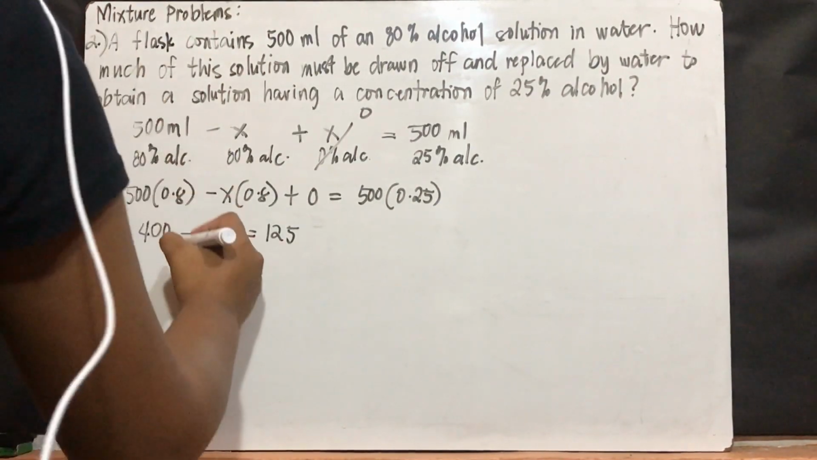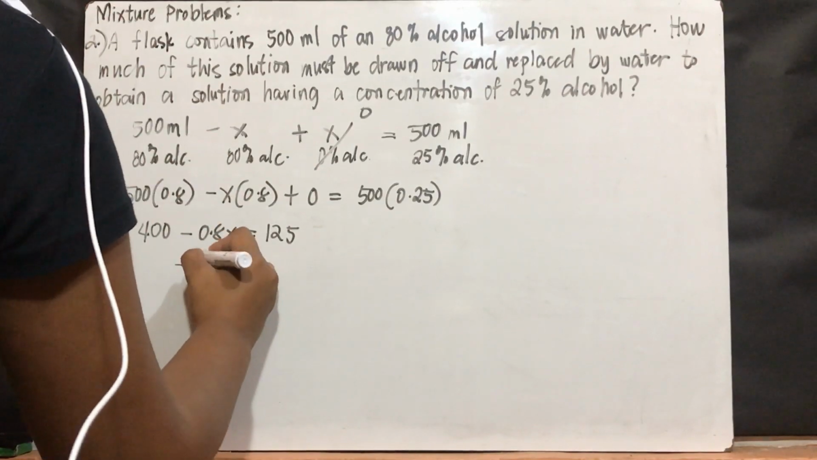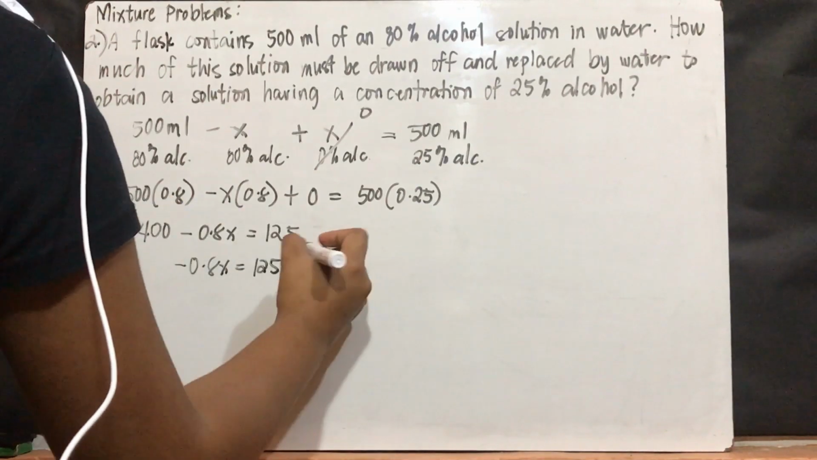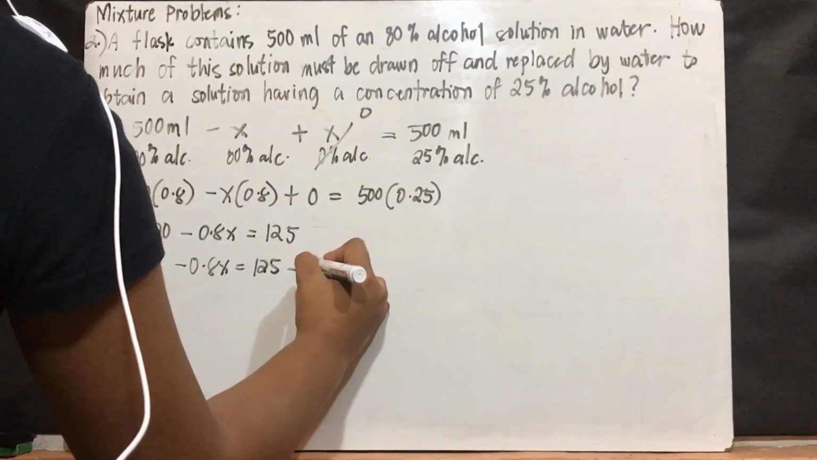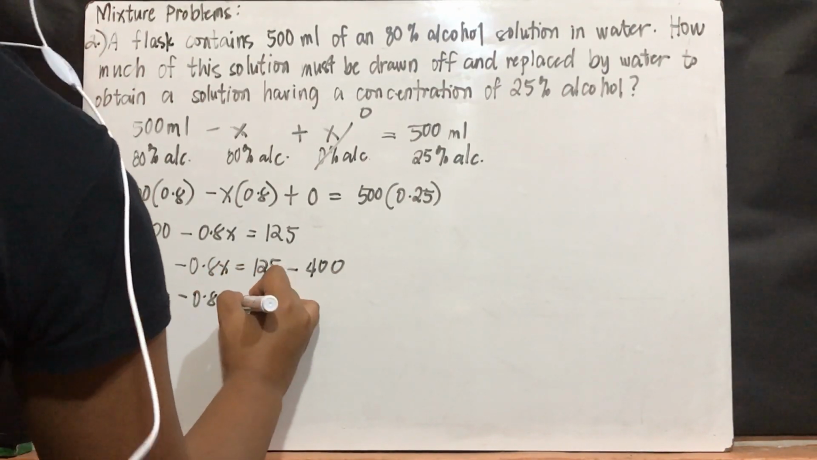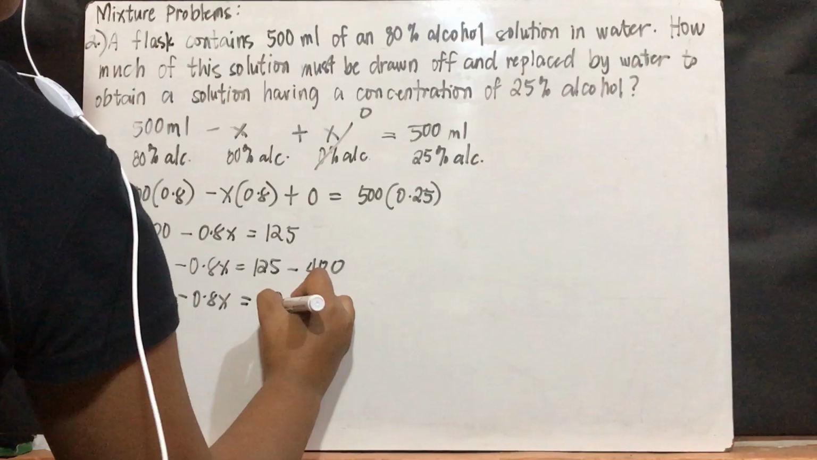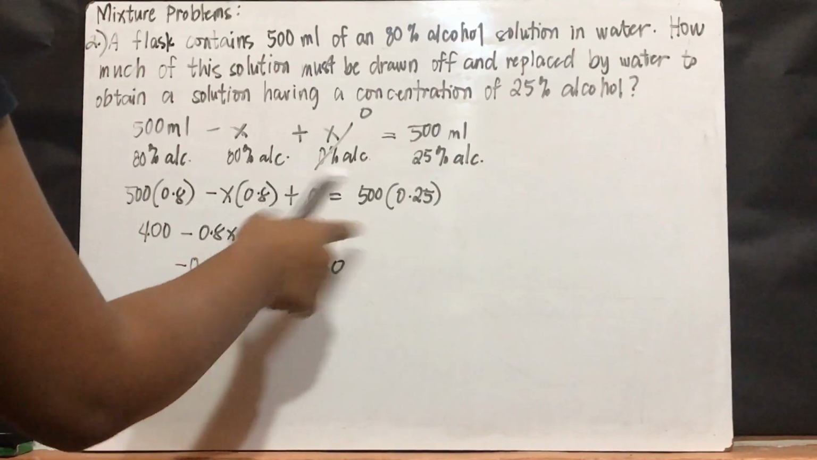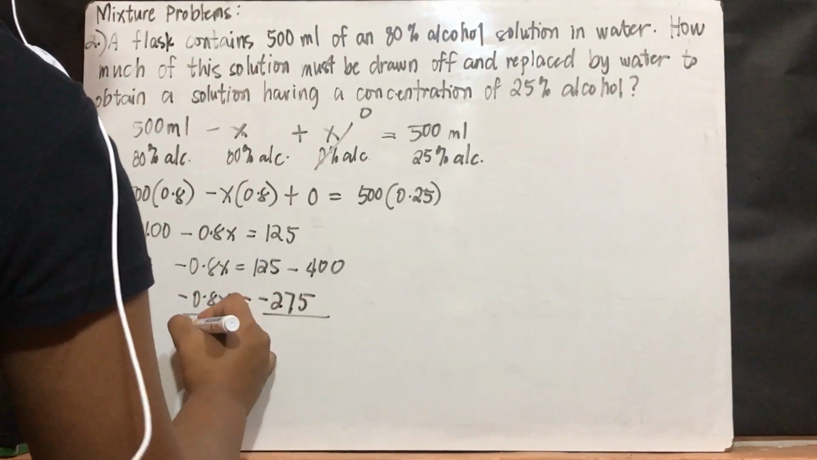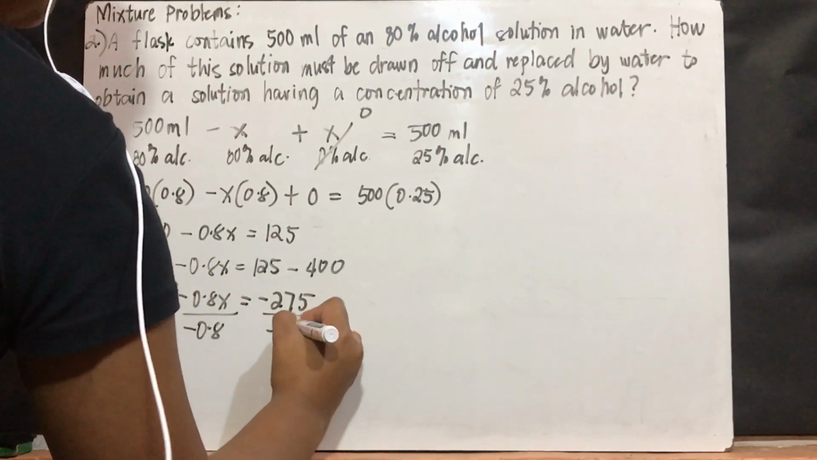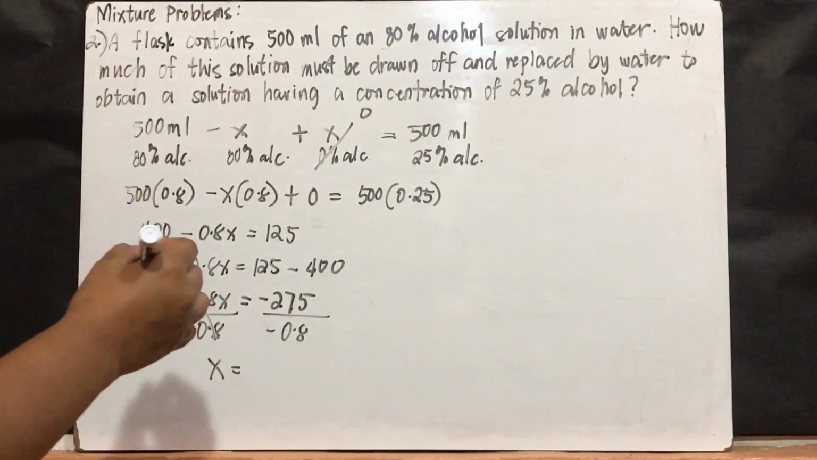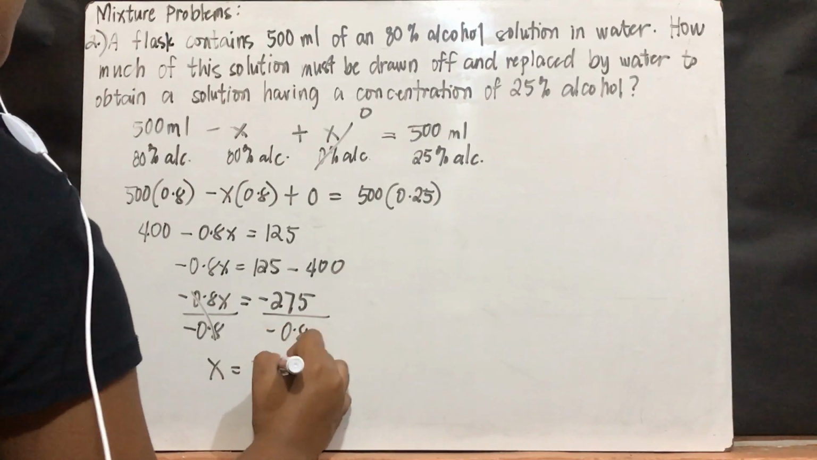And now, solving for x, we have negative 0.8x equal to 125. Transposing positive 400 to the right side, that will be equal to negative 400. So, negative 0.8x is equal to negative 275. 125 minus 400 is negative 275. And then dividing both sides by negative 0.8, then your unknown variable x is equal to 343.75